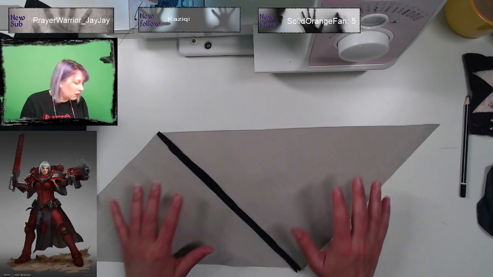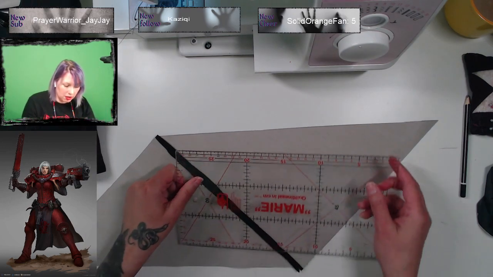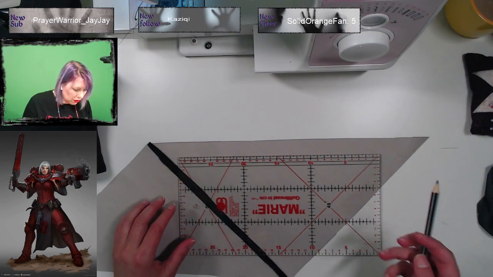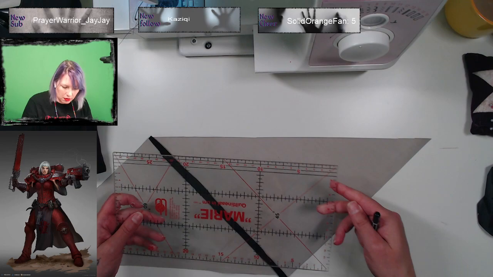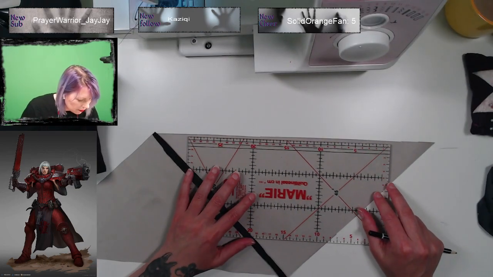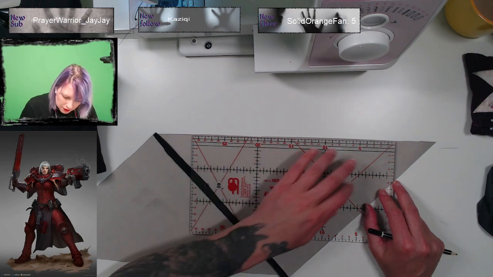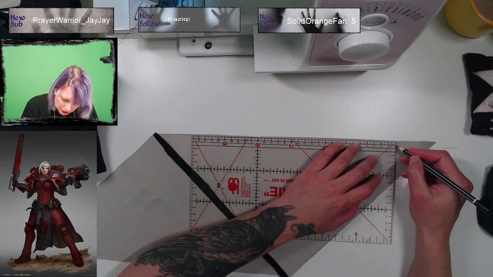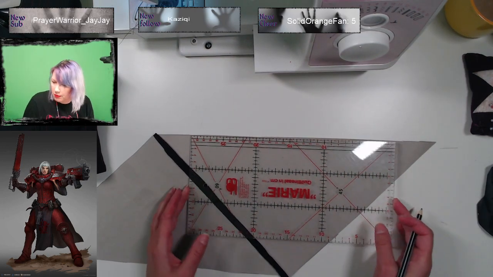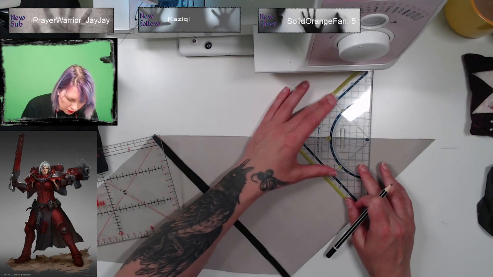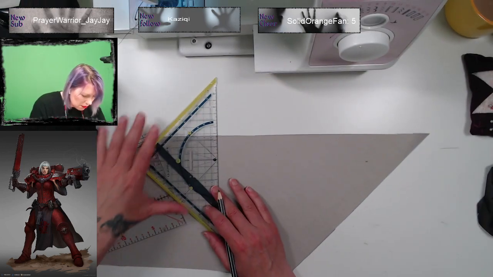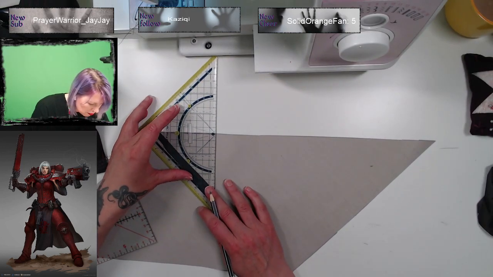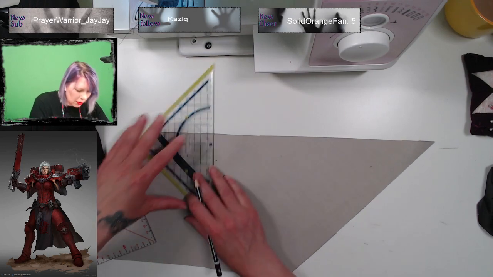Right, so I think it needs to go this way. So we need to make the first 4 centimeter line. That's not right. That one's right.